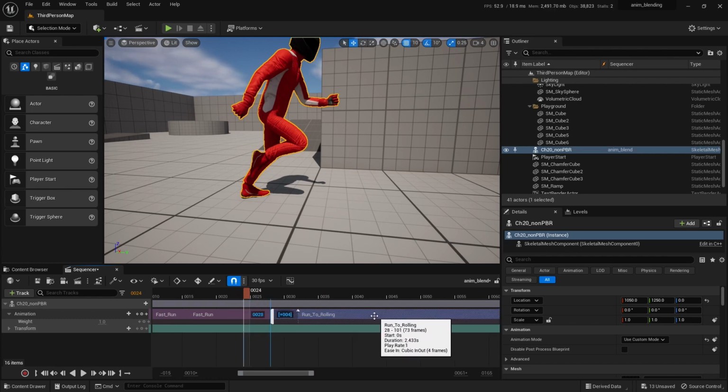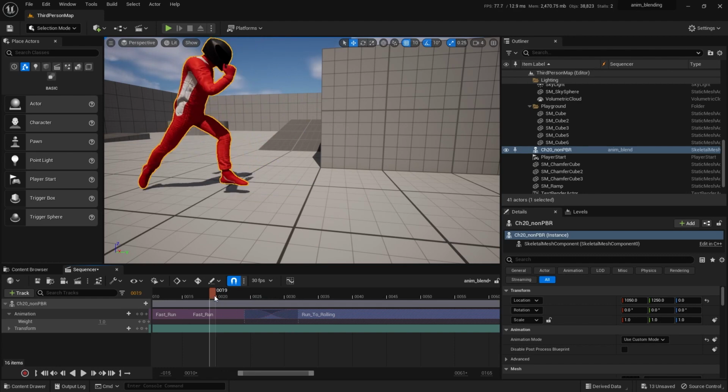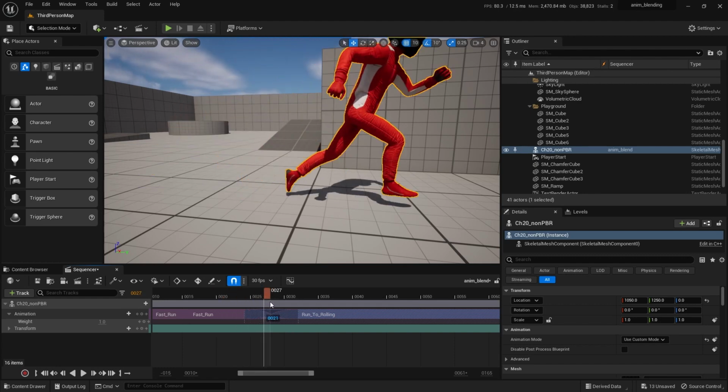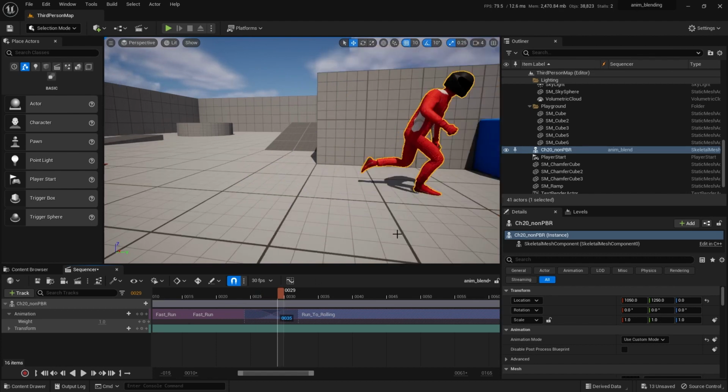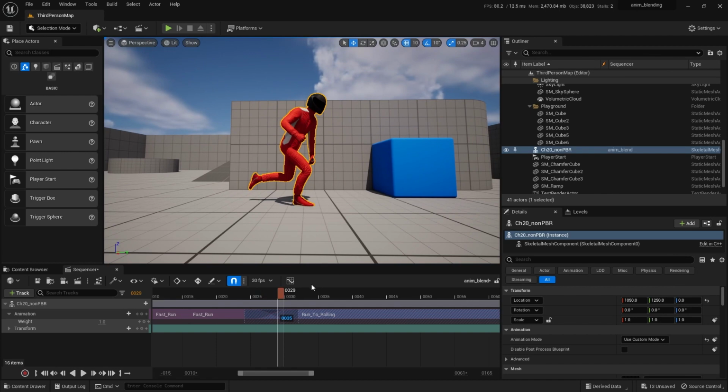So let's see how much we can get away with. By taking that third clip and ramming it into the second clip, now we're starting to blend the animations. So let's see what happens. He's running. His right foot is coming forward. And let's pull back a little bit here. Let's see if this is going to look terrible or decent.